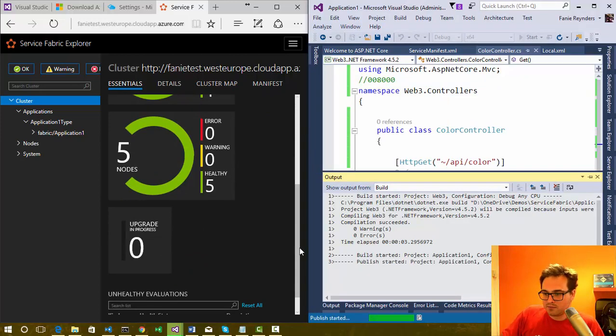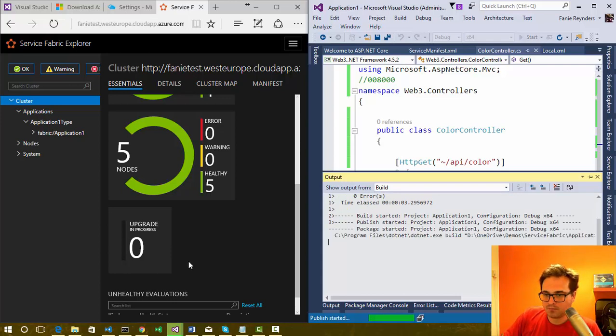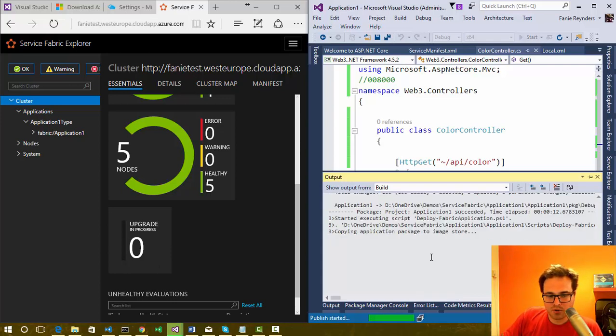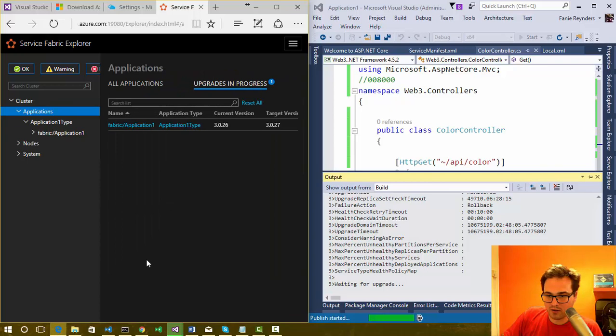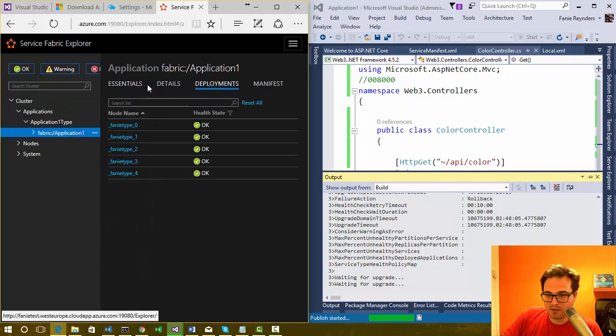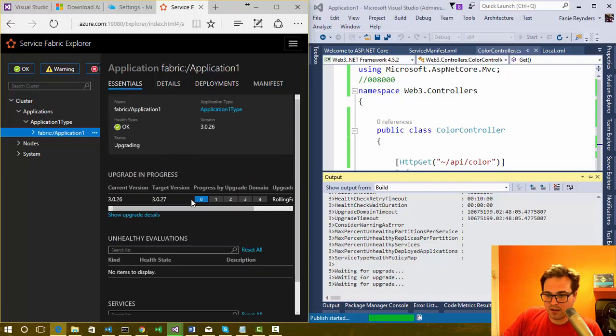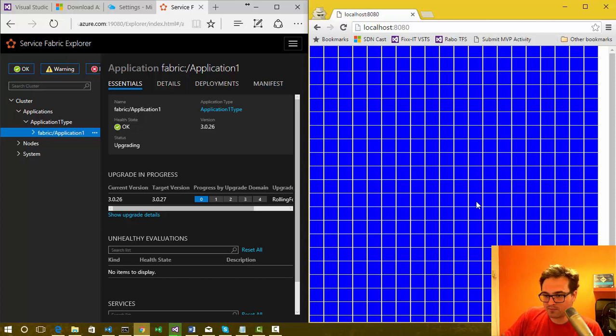And as it's published, you will see in a sec, it says upgrade in progress on the left hand side. Copying application package to image store. Registering application type. And in a sec, you will see here, upgrade in progress going. So if we click on this upgrade, you can actually go to the actual deployments and you will see all these nodes being upgraded. Now going back to my front end, you will see all these blocks,